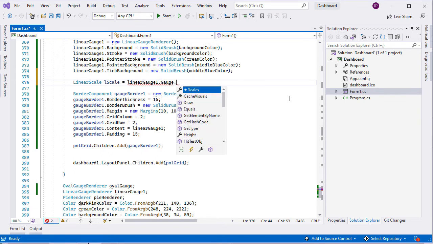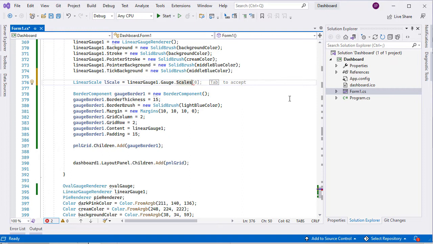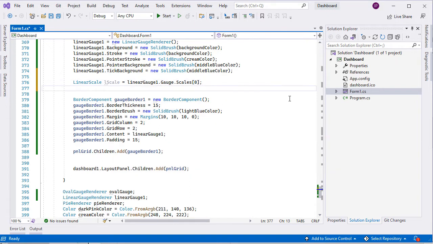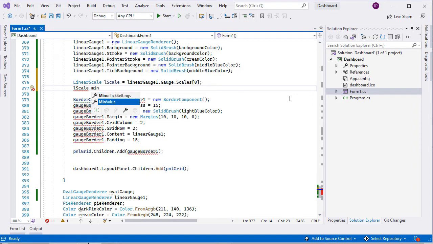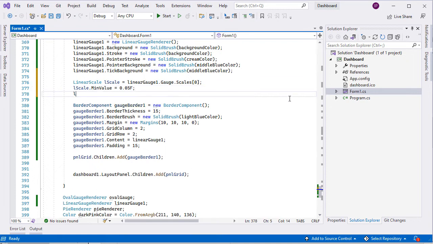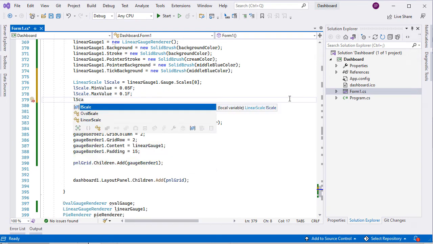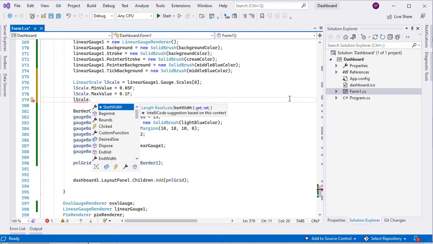So we get the first and only scale in the scales collection of the gauge. We set its min value to 0.05 and the max value to 0.5. We also increase the start and end width of the gauge.